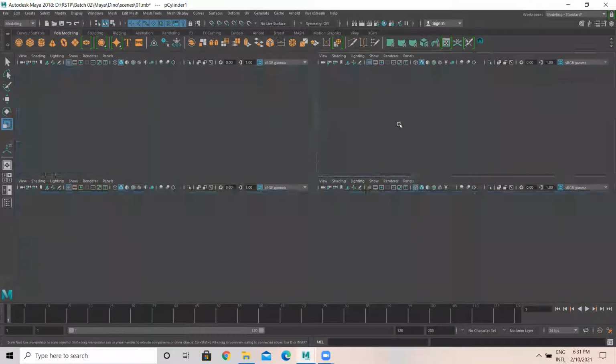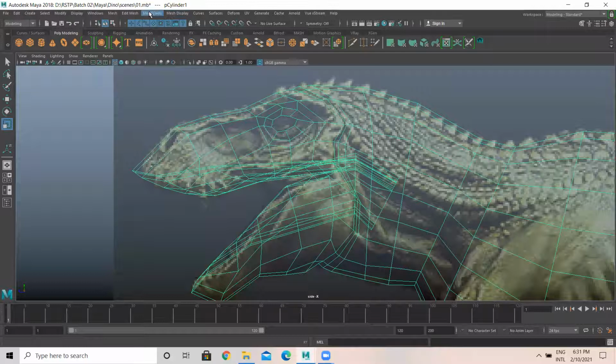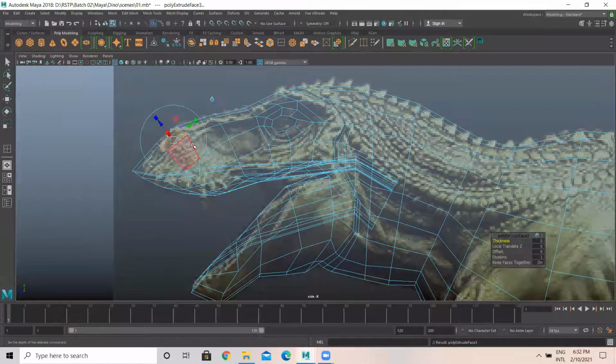Okay, nose part. So I'll add one more mesh here to the nose part. Select this face, extrude.